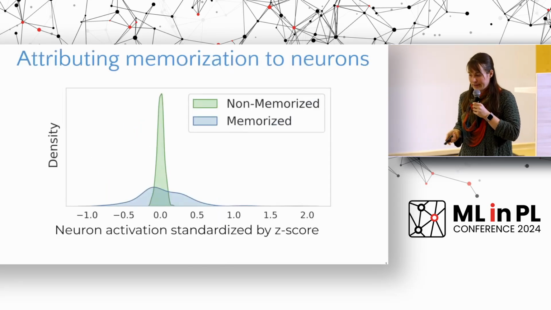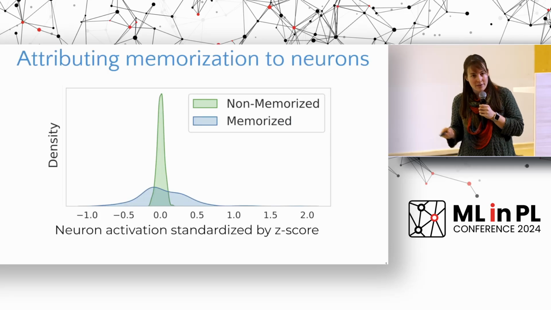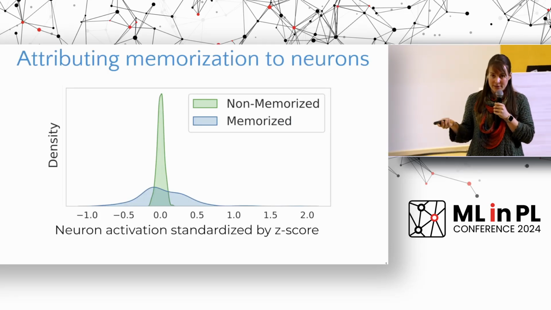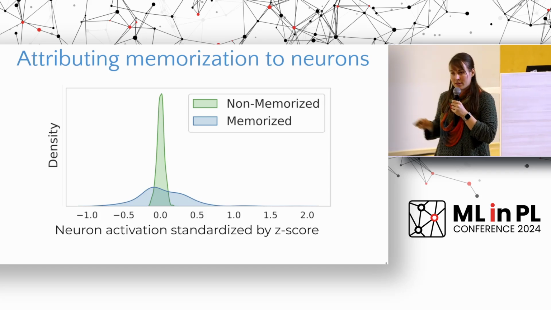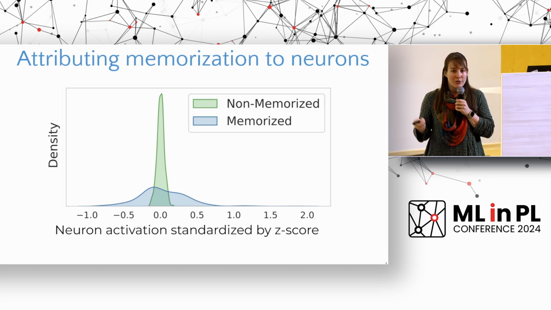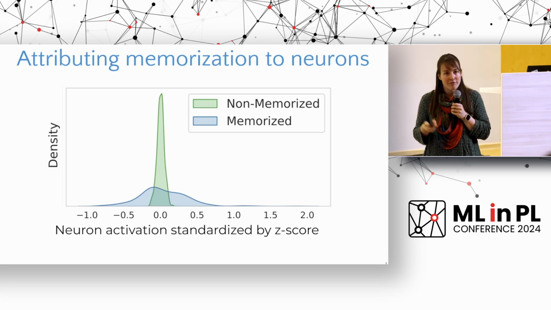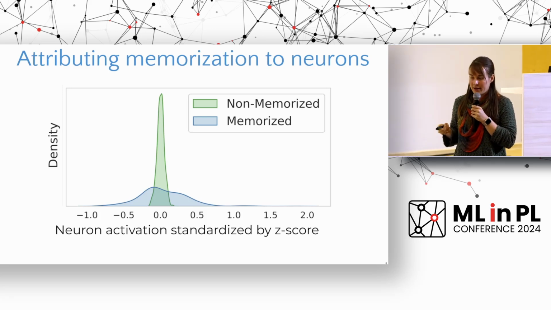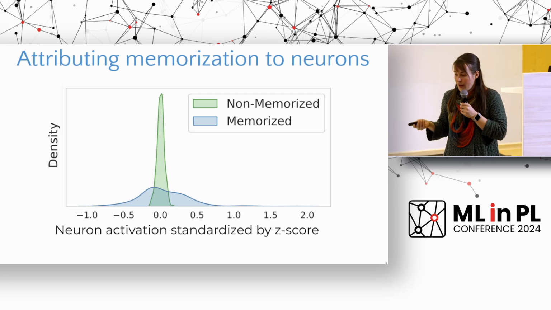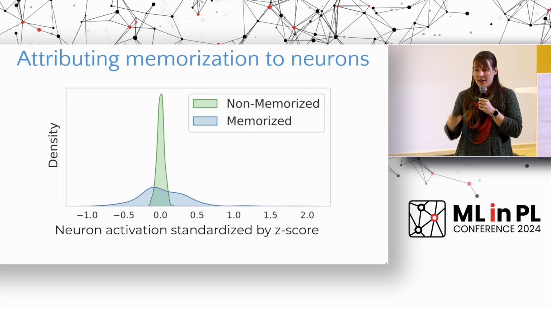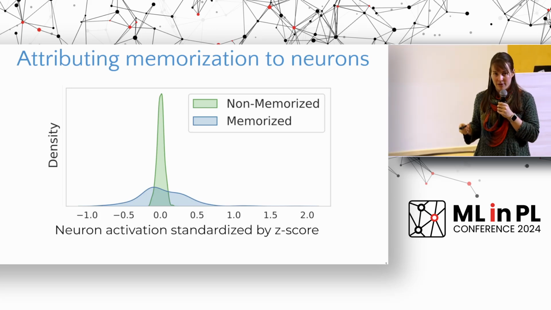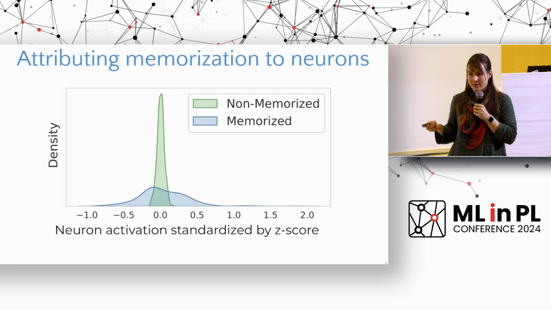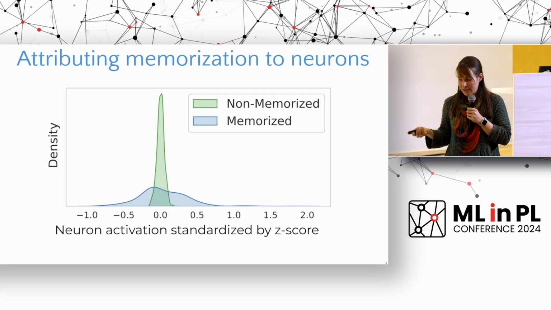point. And to quantify that, we present it here in terms of the Z-score that I just showed you. And what you can see is that it differs vastly between memorized and non-memorized data points. For the non-memorized data points, the Z-score is always around 0, which means that they have relatively inlier activations, so they are actually normal. But what we see for the memorized samples is that they have a very wide variation. So what it means is they have an outlier behavior. And this way we can detect if these neurons are responsible for the memorization here.